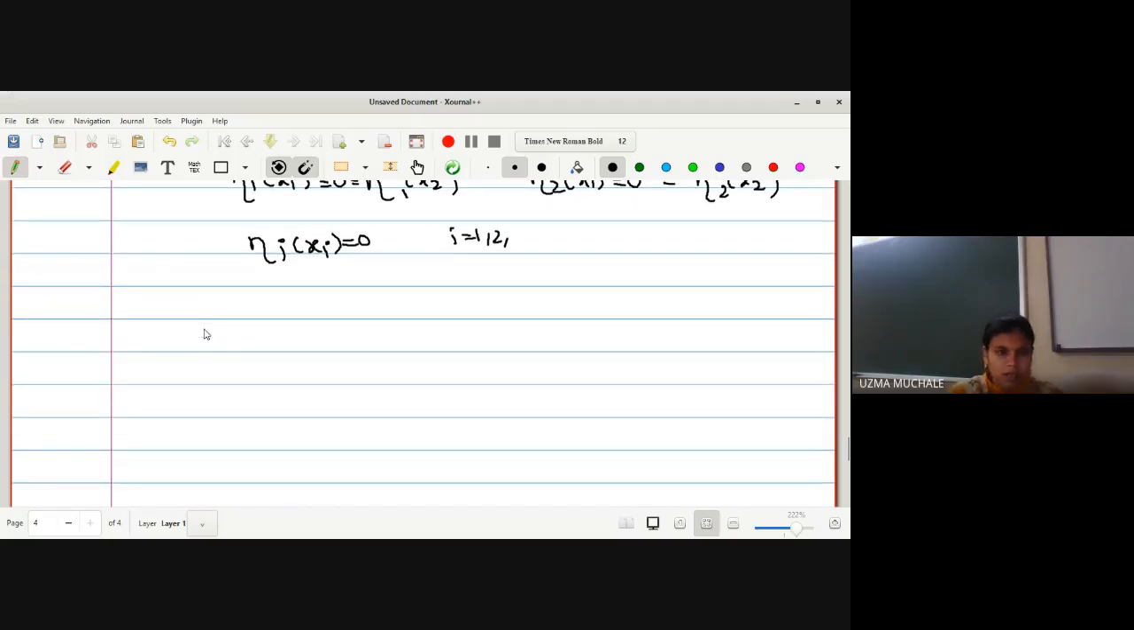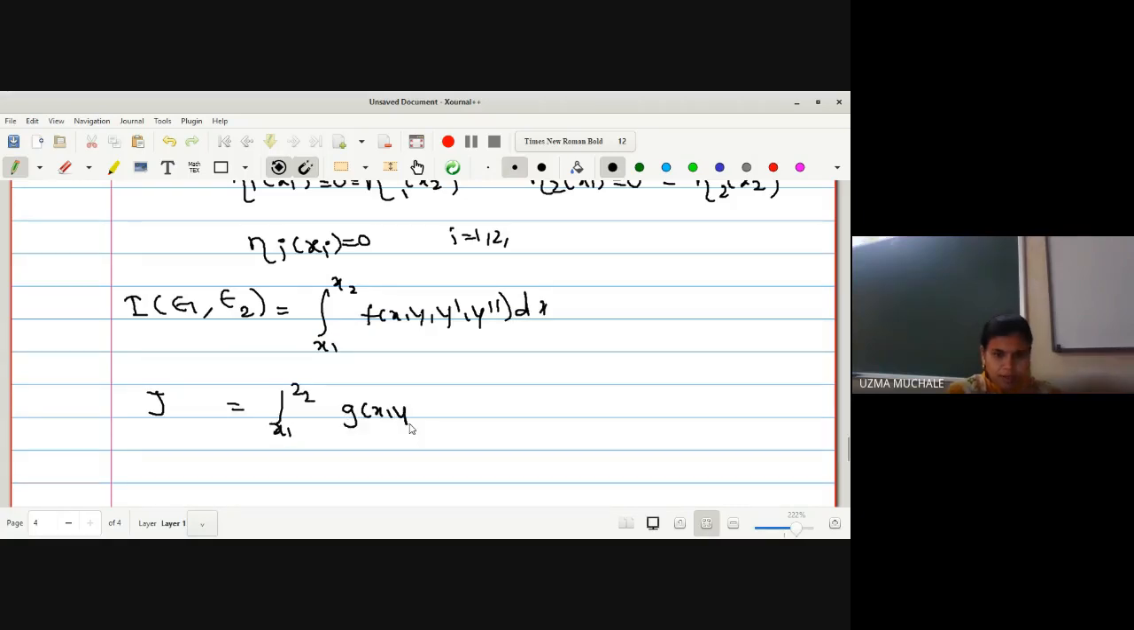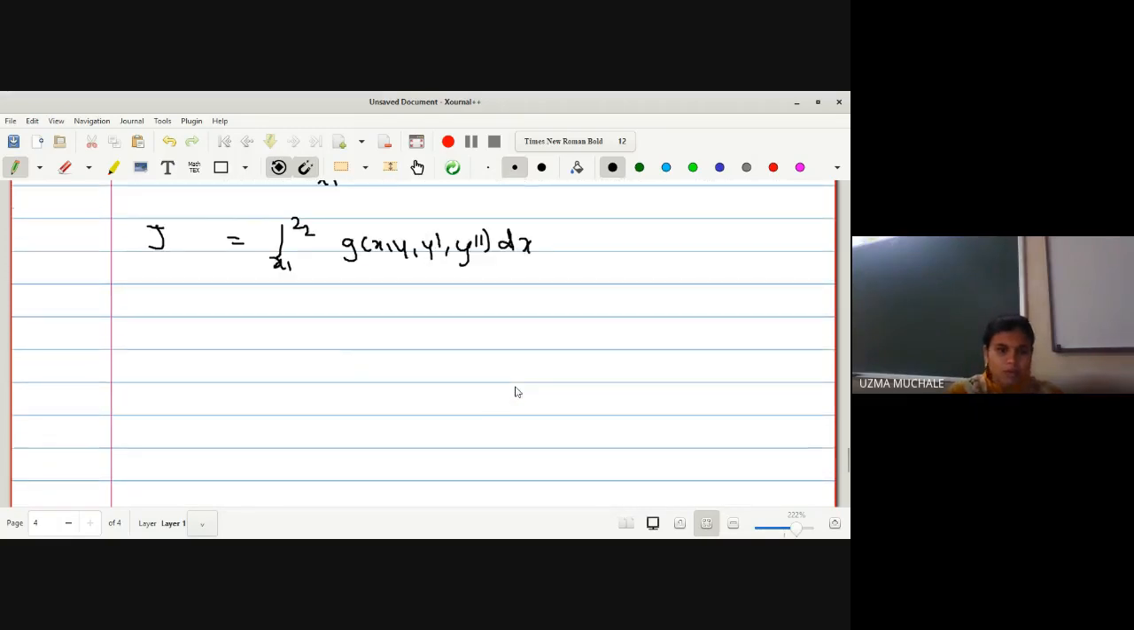What is your integral I in terms of alpha? The integral I, in terms of epsilon 1 and epsilon 2, we can write as the integration from x1 to x2 of f of x, y, y dash, y double dash dx. And what is J? J is the integration from x1 to x2 of g of x, y, y dash, y double dash dx. So now what we have to do in the next step, I star, we have to create